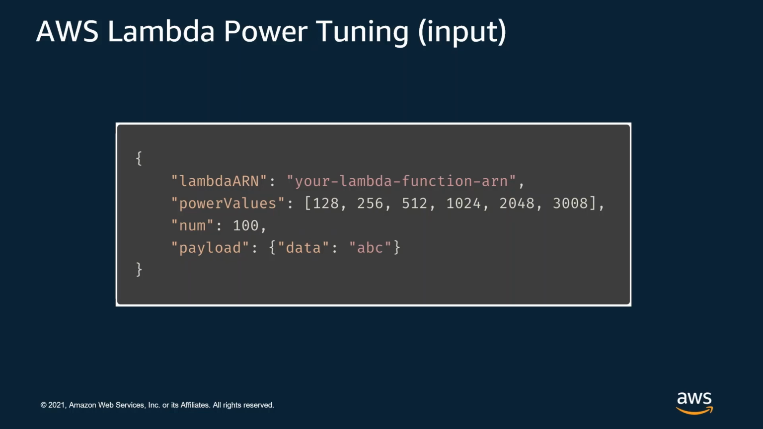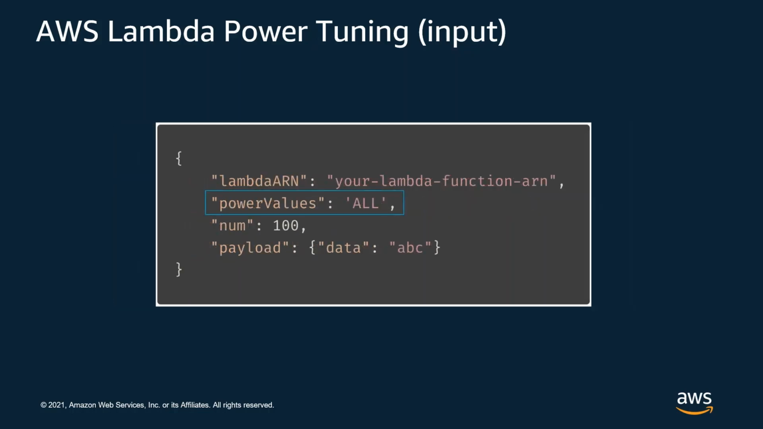Num sets the number of iterations, the number of times basically that the function will run at each level, up to a maximum of 100. And a larger number here can help smooth out some of those averages. Then there is an optional static payload that will be used for every invocation. And there are many other input parameters to enable some optional features. If you want to test your function against all available memory ranges in 64 meg increments, specify all in the